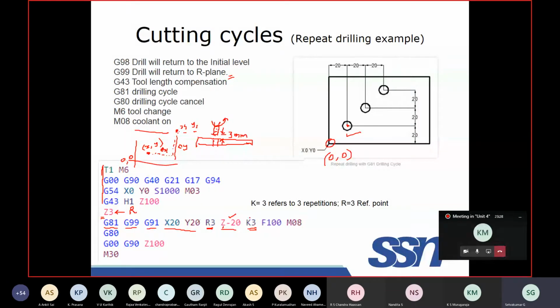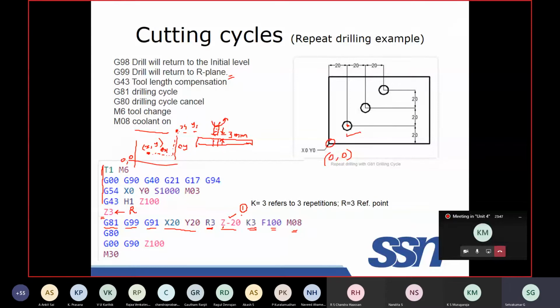Feed rate is 100. Z feed rate is 100 mm per minute or mm per revolution, depending on the machine. M08 is coolant on. So the first hole is done.